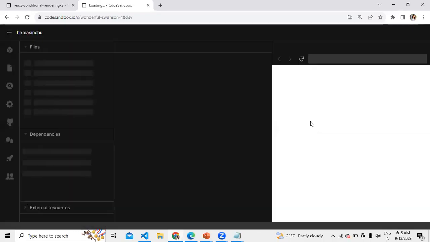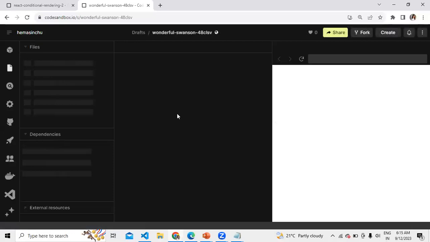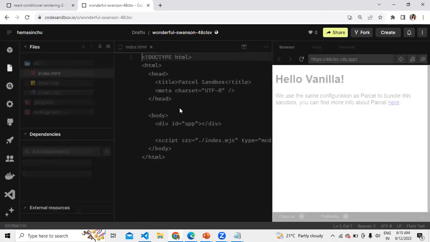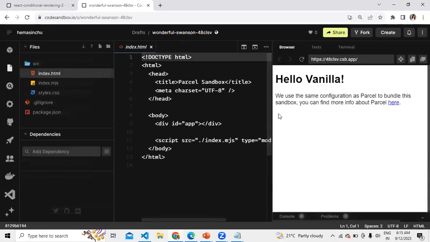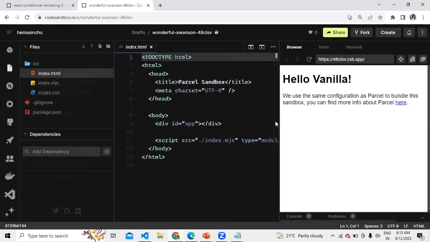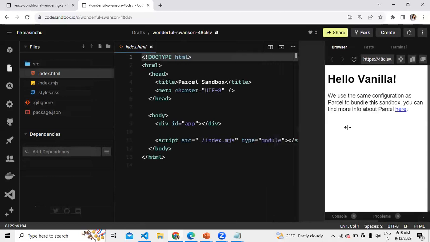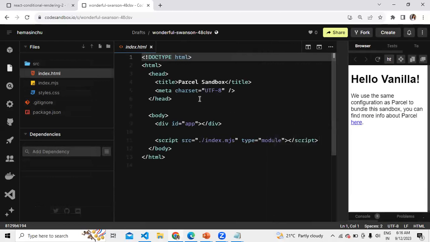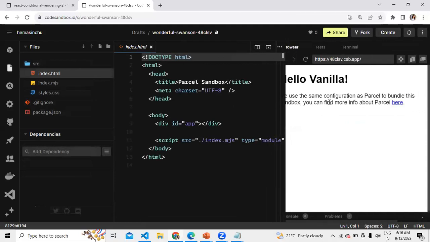Before we start with React, we would like to understand how JavaScript code can be executed, and become a bit familiar with JavaScript. This is a code sandbox, and on the right side you see the output.